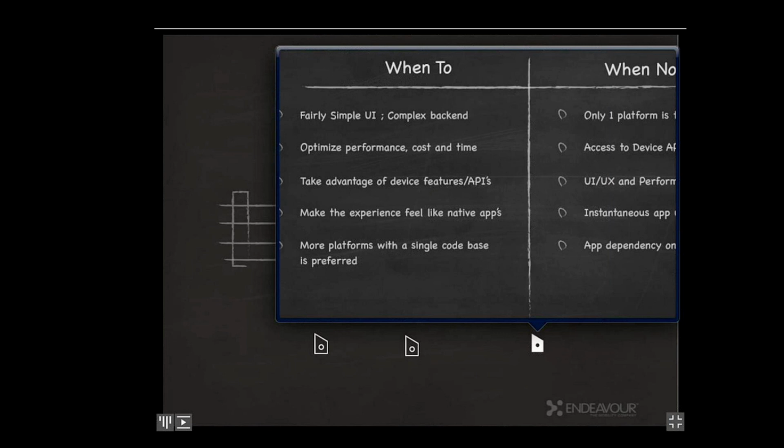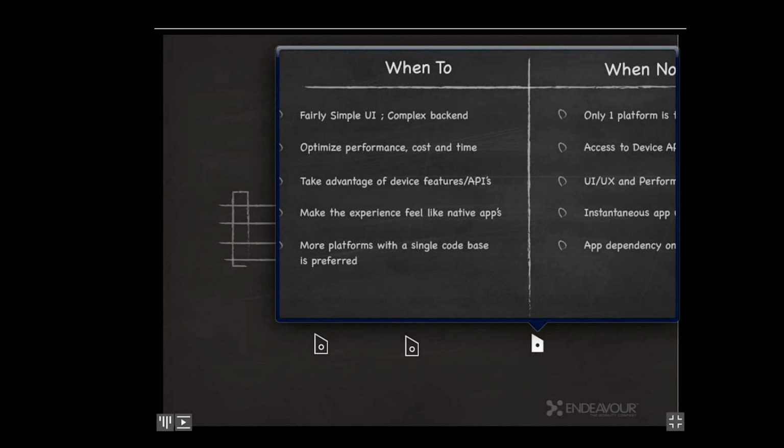Or better when you have optimized performance, cost and time requirements, like you have 3 or 4 platforms that you want to reach and time to market is very less. Of course, you can consider hybrid applications. When, for example, you have limited device integration required, like only the camera or the Bluetooth or things like that, and the rest is more content-driven, controlled from some remote server, hybrid applications would do well.